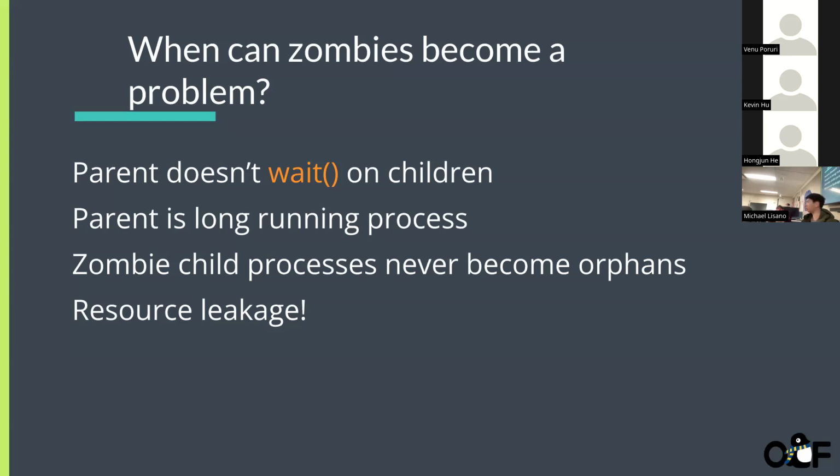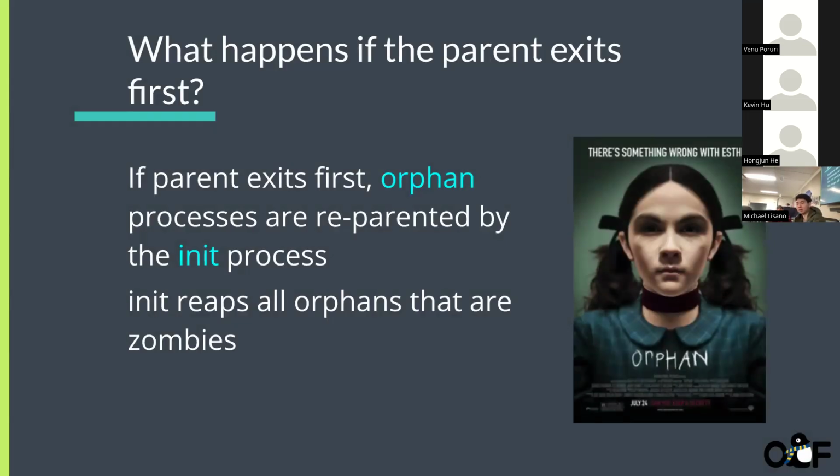Or the parent doesn't wait and also just keeps running and doing its own things, so it never actually checks on whether its children have terminated or not. If you never check on your child process to see if it's stopped, you're never going to try to reap its data. As a result, you're going to have a bunch of zombies that are not orphaned, and therefore will also never be reaped by the init process. Because if the parent exits, then any orphan processes are going to be reparented, and the init is always watching, so it will know when any process dies.